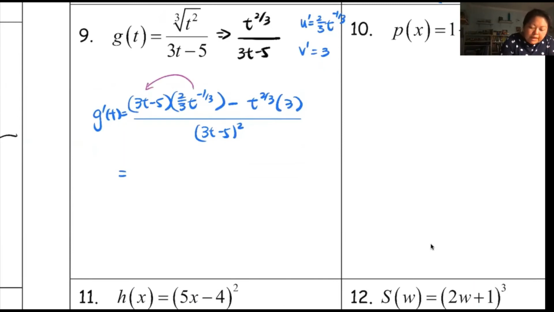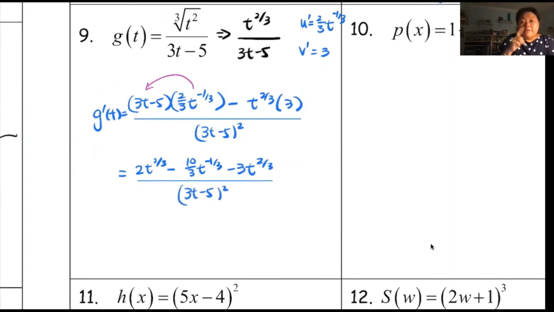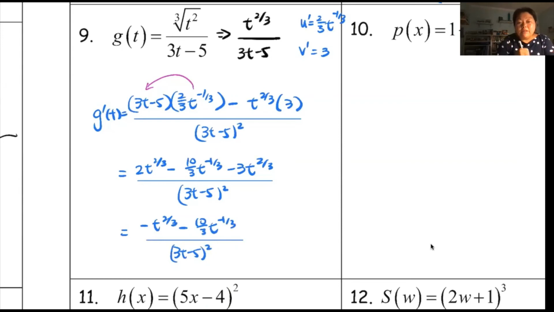So 2/3 multiplied by 3 is 2. t times t to the negative 1/3, so it's 1 minus 1/3, so t to the 2/3, minus 10 over 3 t to the negative 1/3, minus 3t to the 2/3, over 3t minus 5 squared. So you can see the first term and the last term actually have the same power, so you can combine like terms. So you get negative t to the 2/3, minus 10 over 3 t to the negative 1/3, all over 3t minus 5 squared. This one you can clean up more because of the negative 1/3,